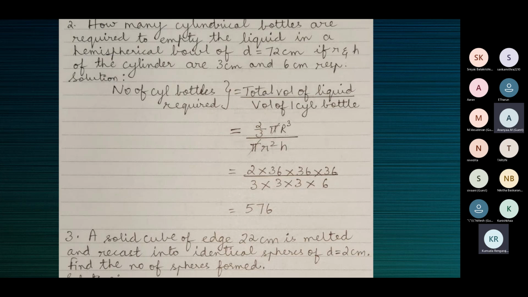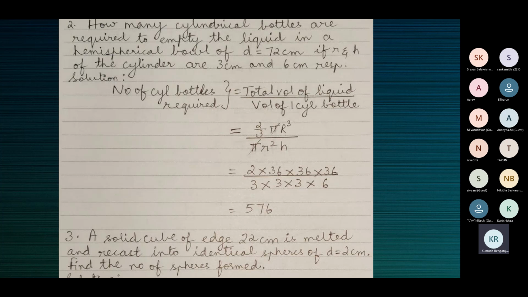50, because 200 by 4. 200 is the total number of apples, by 4 is the number of apples in each basket. Why 200 by 4? Because 200 is the total number of apples you have, divided by 4, the number of apples that can be contained in one basket.